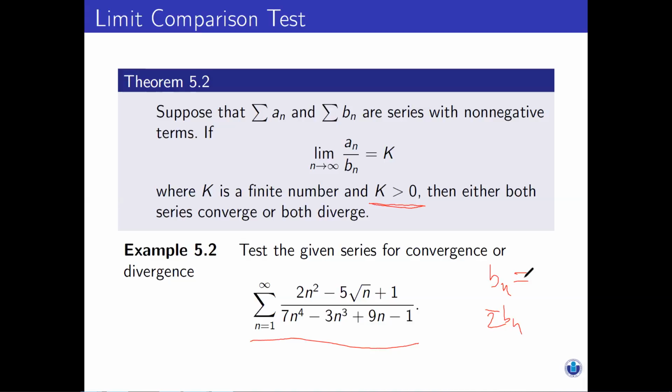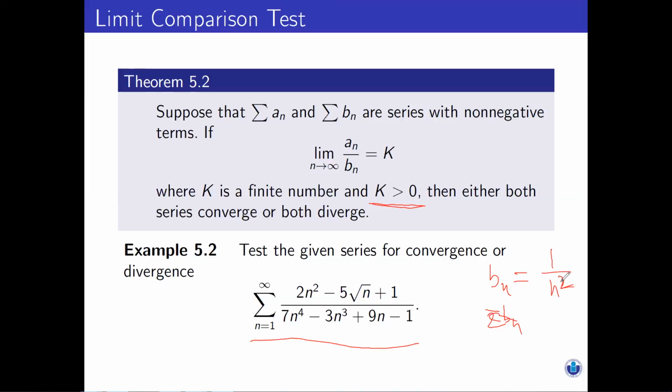So what should we take for Bn now? So no one knows? So for Bn, you can take 1 over n squared